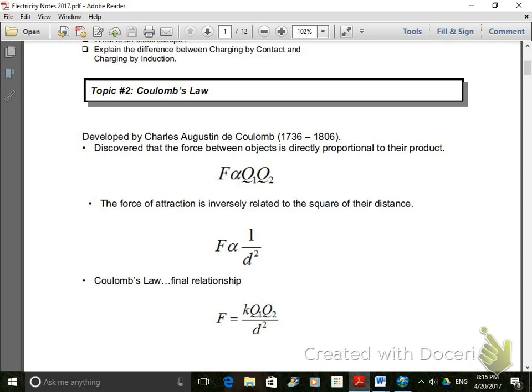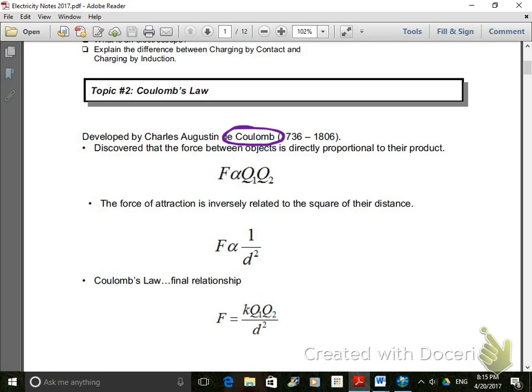So it's really building on the idea of electric fields, so some things that we've already talked about. So we've drawn some diagrams about electric fields. So now we're just going to look at it mathematically in terms of that relationship. So it was developed by Charles Coulomb, and again, I'm never going to ask you for the date he was born and when he died, and the only thing you really have to focus on here is what Coulomb,